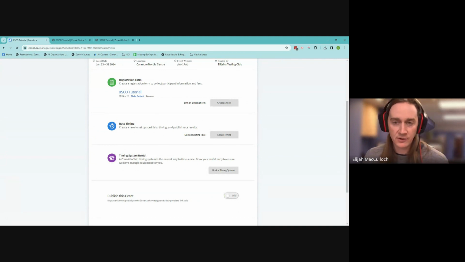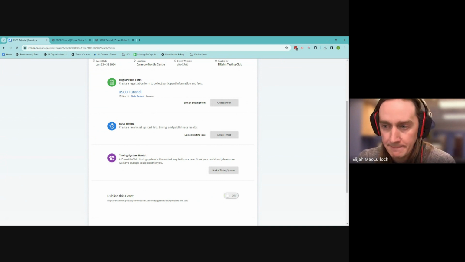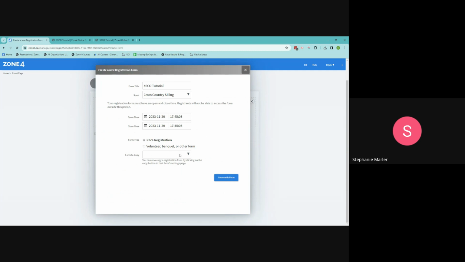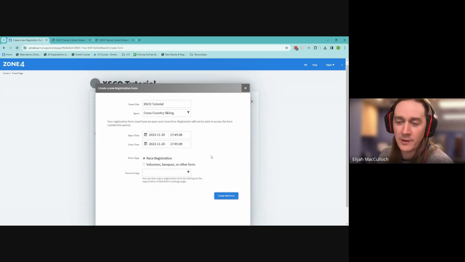Have I gone too fast over anything, or does anyone need anything else? Yep, I have a question. I'm struggling here. Did Zone 4 change something? If you create a new form, I'm not seeing where to pick up a shared template. I can see where I can pick up my previous templates, but how do I pick up a shared one? Right, so this depends on the code path that I was talking about at the beginning,